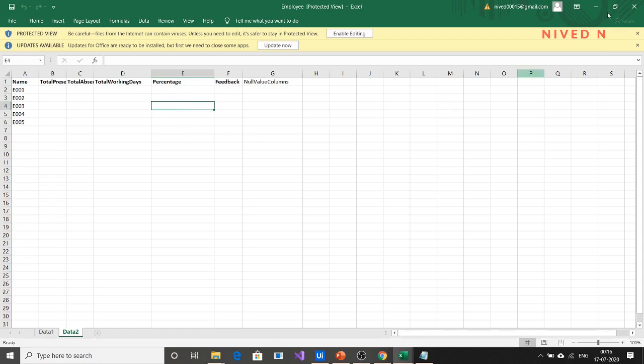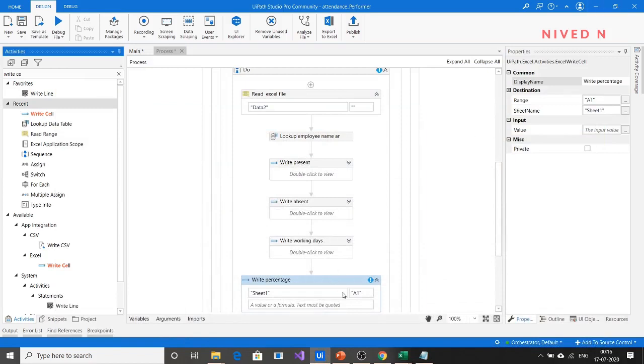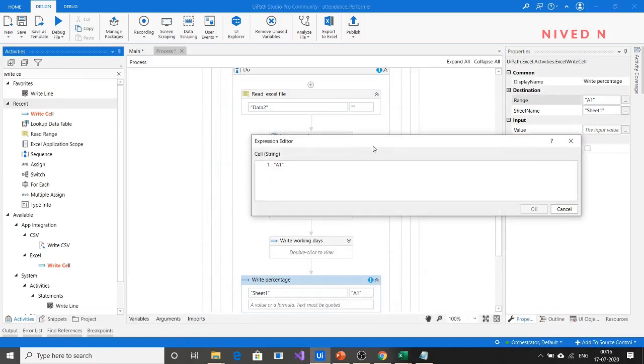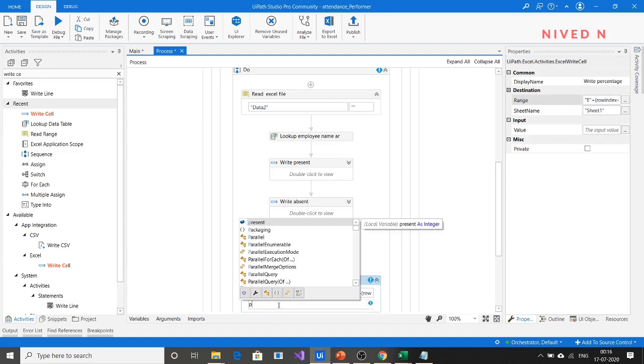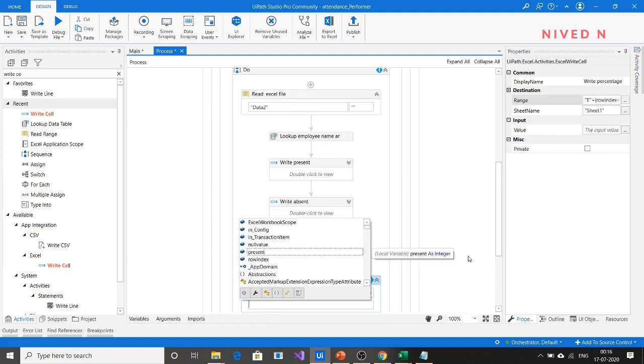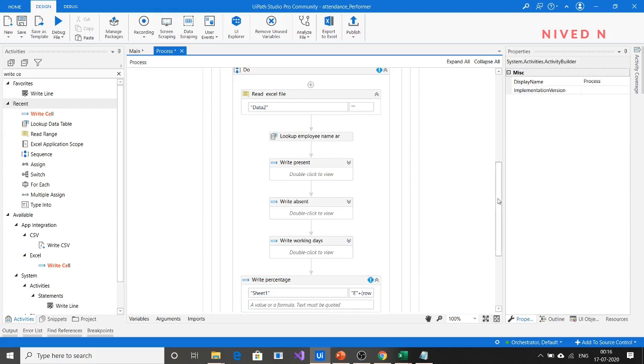So in general format, how you can write here is, if you specify the column name, just specify E plus row index plus 2 dot to string. Okay, specify the value here, percentage. I think let me check.